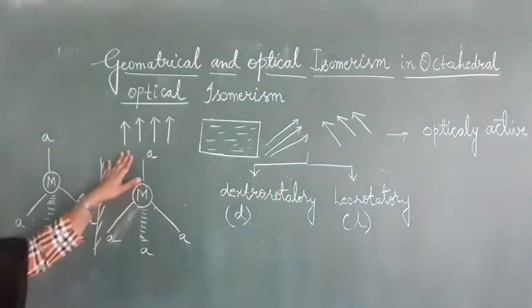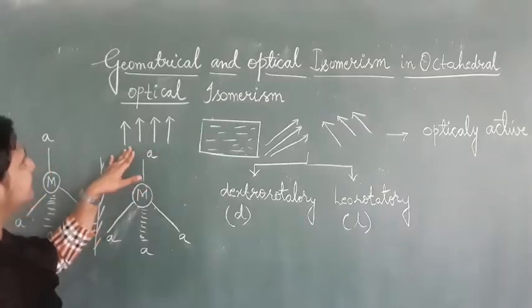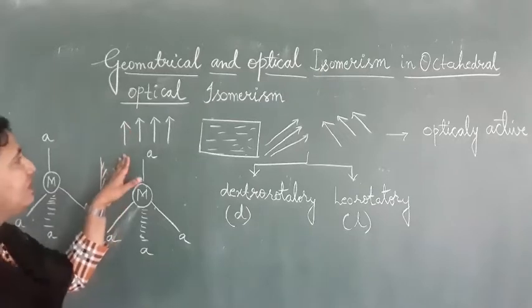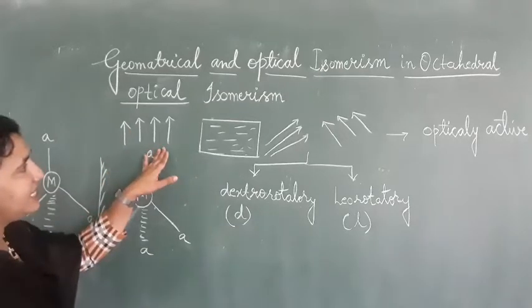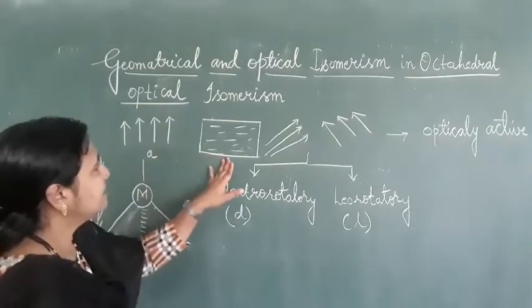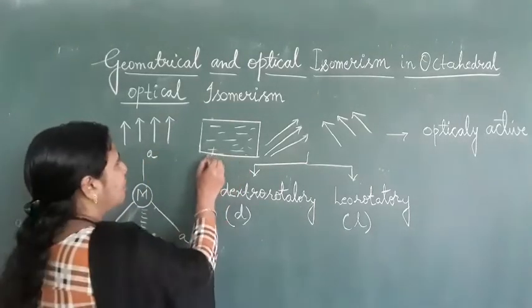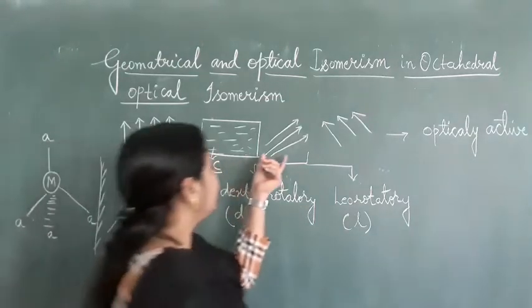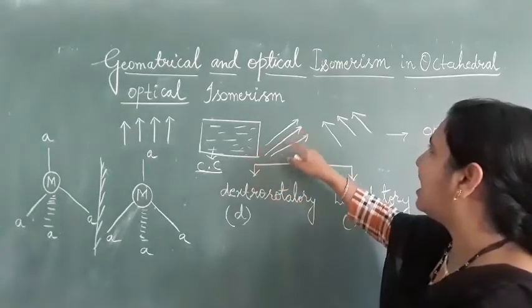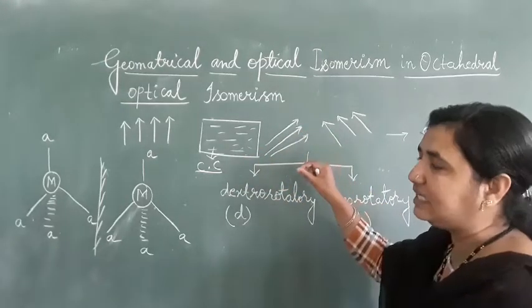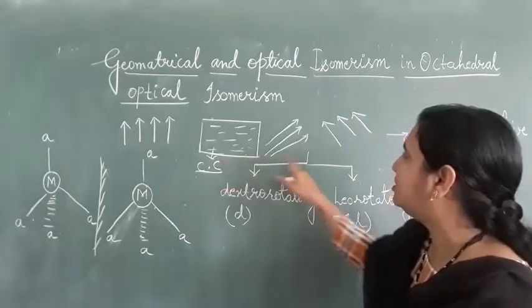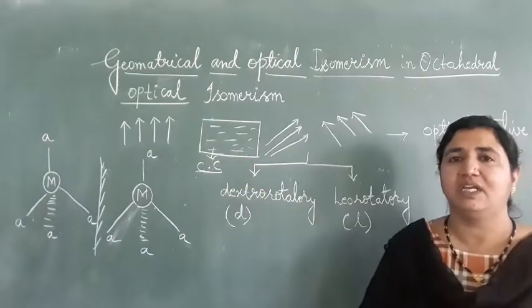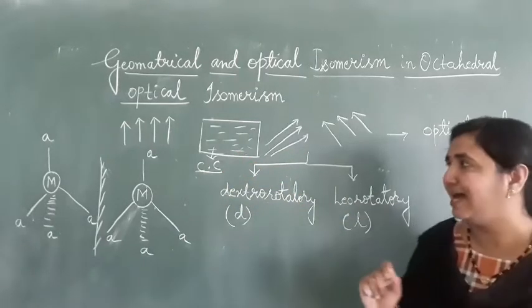See here, this is plane polarized light, PPL. That means the light's direction is in one direction only, so it is called plane polarized light. When this plane polarized light passes through the complex compound, CC, if the rotation of plane polarized light changes either to the right or to the left side, then this complex compound is said to show optical isomerism. This compound will show optical activity and exhibit optical isomerism.